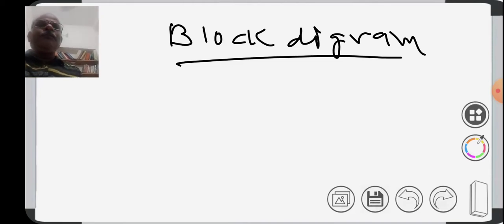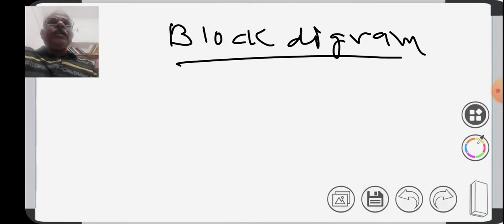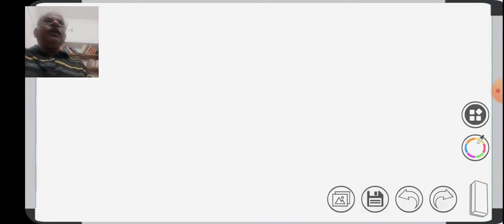What do you mean by block diagram? Instead of going into the detailed circuitry of a particular electronic device, we draw different blocks which perform a specific operation, and these blocks are interconnected. How they are interconnected, how the data flows from one block to another, what is the function of each block, that we discuss. And after discussing the complete block diagram, we may have a helicopter view of the complete functioning of the system. So we will be discussing the block diagram of a computer, that too a microcomputer, a very preliminary computer.